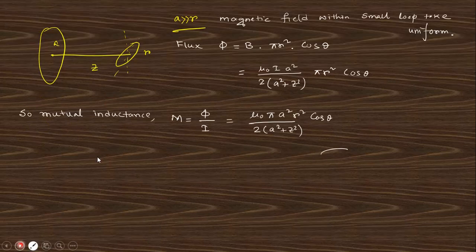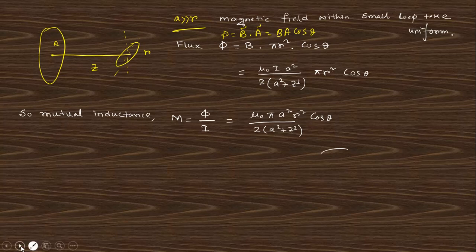Now consider a small loop at this region. So the flux will be B dot A, right? Flux is nothing but B dot A, that is B A cos theta. B we already found out, and A is pi r squared, and this is the cos theta. Clear? So this is the expression. And you know the mutual inductance M equals phi by I, actually phi equals M I, so M equals phi by I. So if you divide by I, you will get the mutual inductance of these two